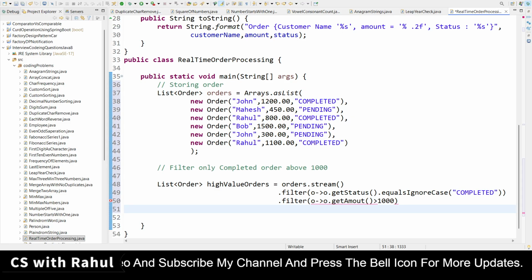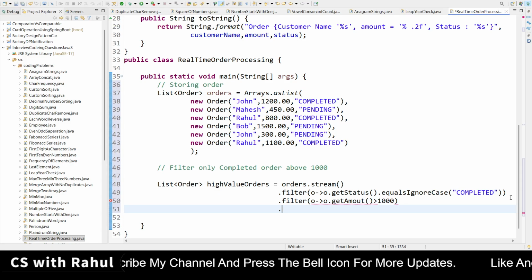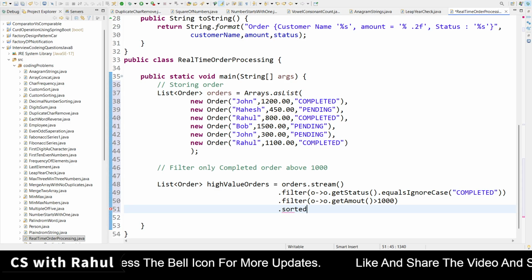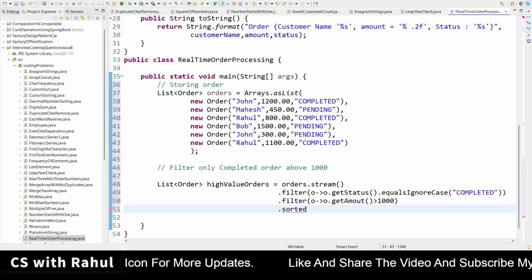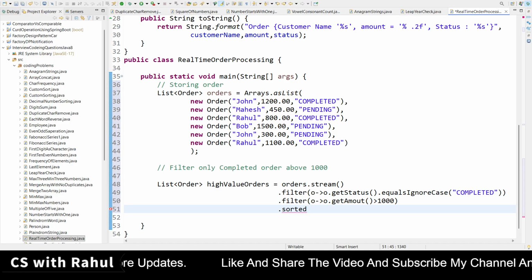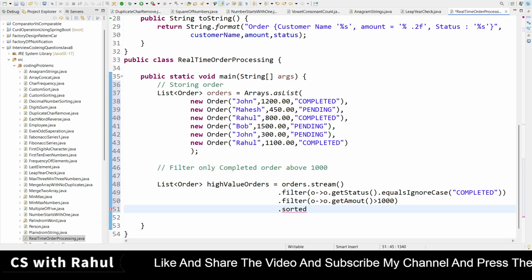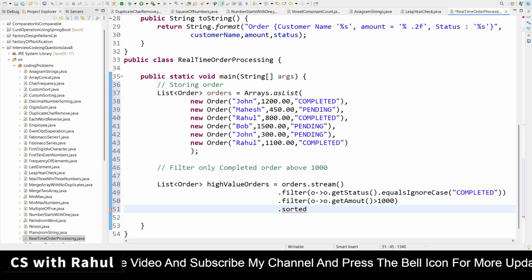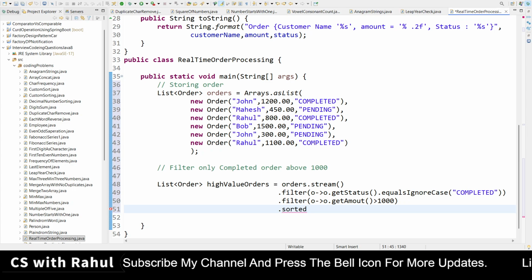Now we will sort it also, then only you will get the proper result, right? I am calling the sorted method here. With sorted, you know that we have multiple methods that we have applied, like comparingInt, comparingDouble. In previous videos I have done that.